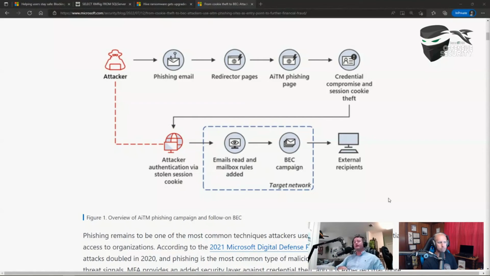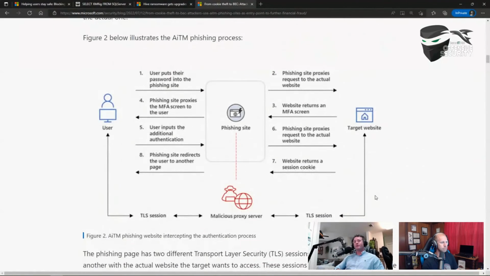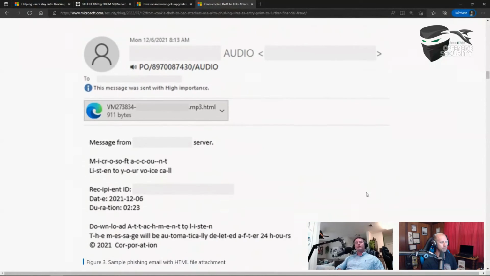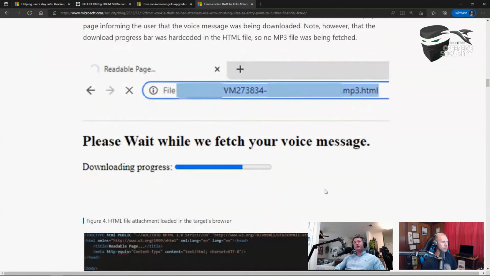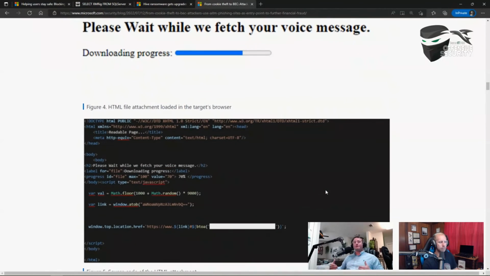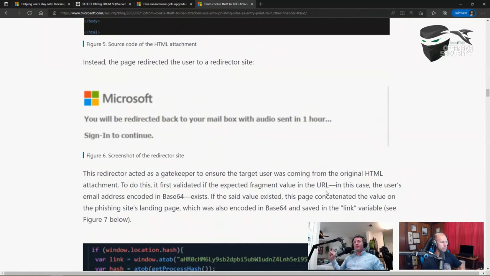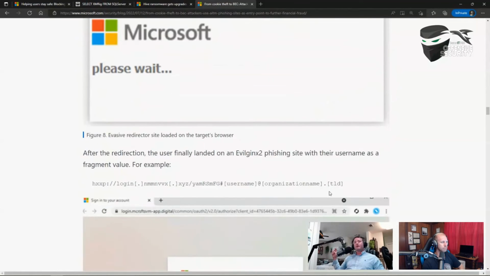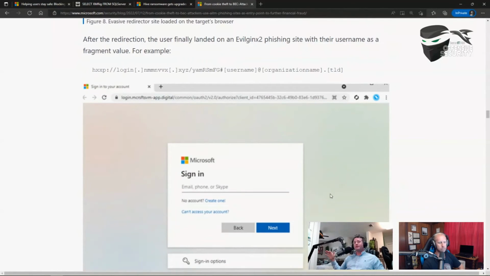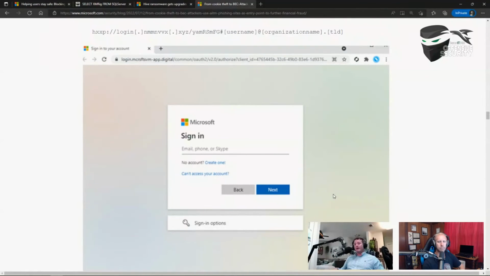And I think this one was a visual voicemail or audio voicemail, something like that. And so, there's a couple of things at play here that are important for us as defenders and attackers. Looking at it from a defender perspective, a couple of things are occurring. The number one thing that you should consider is that the user is going to a site that probably doesn't have a reputation, right? And so, in the case here, it's just meant to look kind of like a Microsoft login URL, and it's pretty convincing.